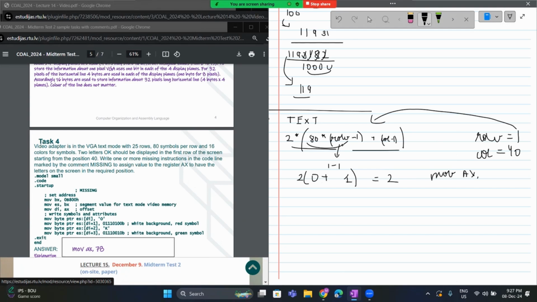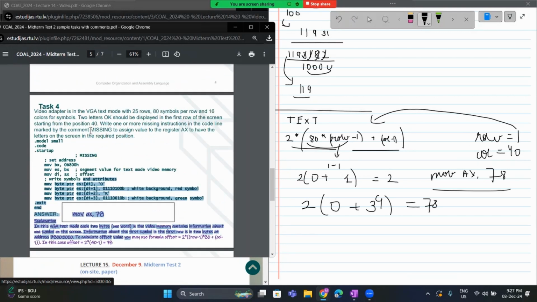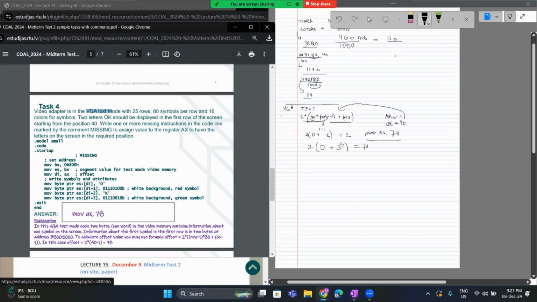So 2 times (row minus 1): 1 minus 1 will be 0, so this will be 0, plus column is 40, 40 minus 1 is 39, and this answer will be 78. That's why the answer here is move AX, 78. So this is basically about VGA text mode. Let's go now to VGA